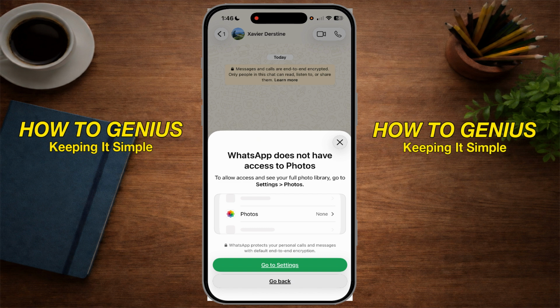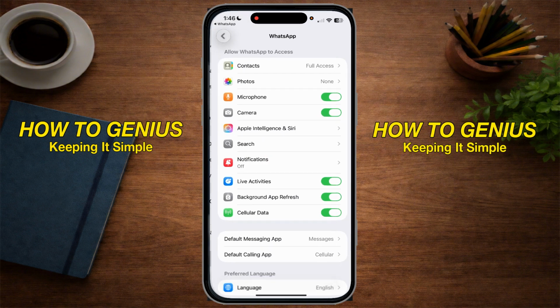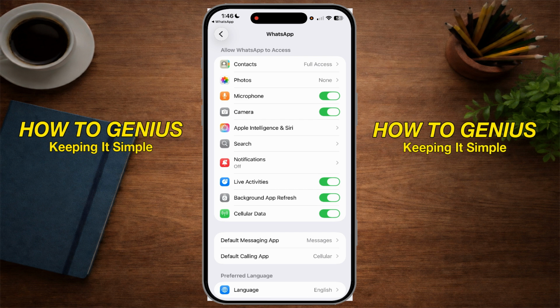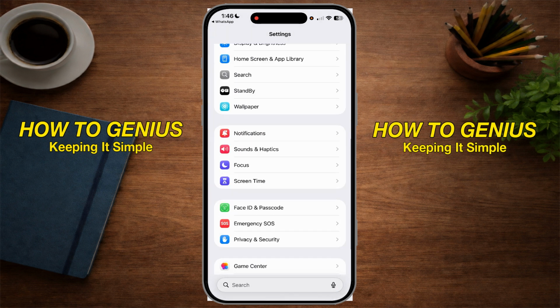So as you see, WhatsApp does not have access to our photos. So let's go ahead and turn that on. We can go to the settings from this page here. So let's just go to settings. And as you see, this is your actual iPhone settings. So if I were to back out of here,